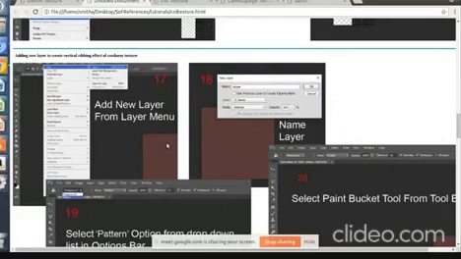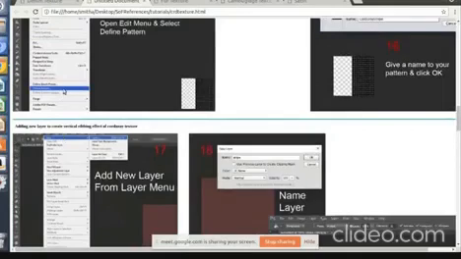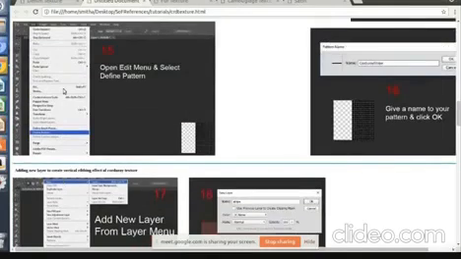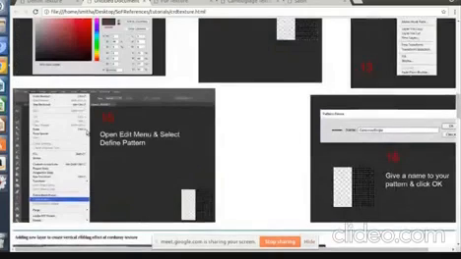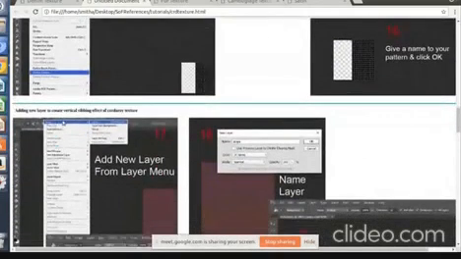So you have to look for it and maximize it, and now you have to go to the Layer menu. On top you'll see this Layer menu. Open the Layer menu, and in this you select New and add a new layer.